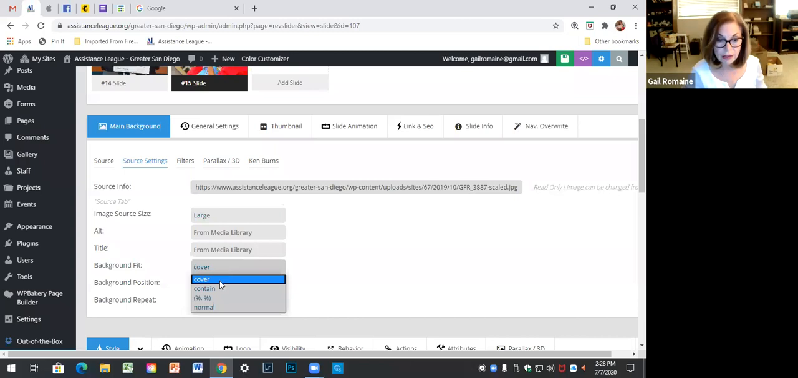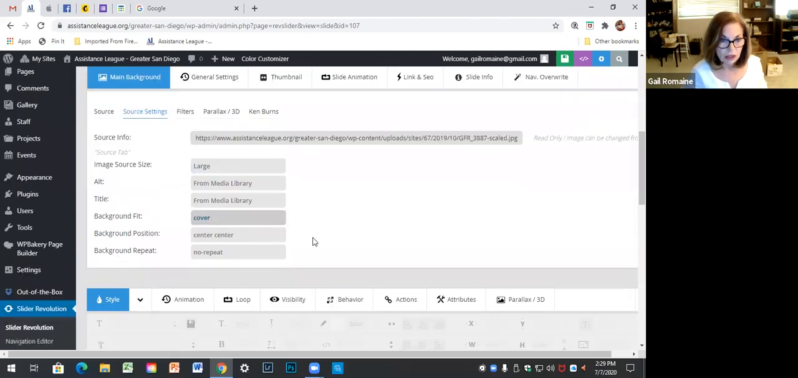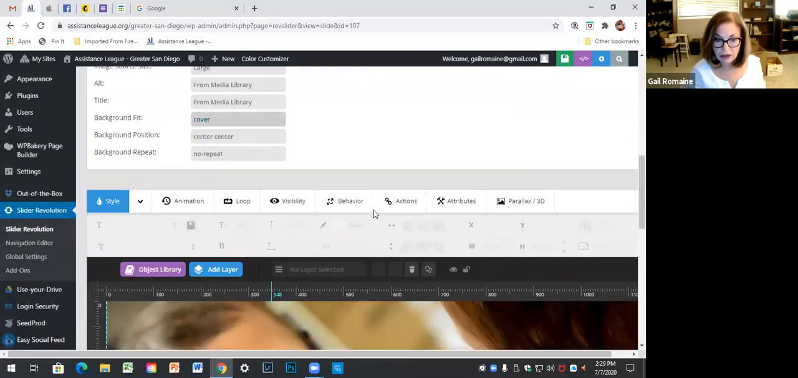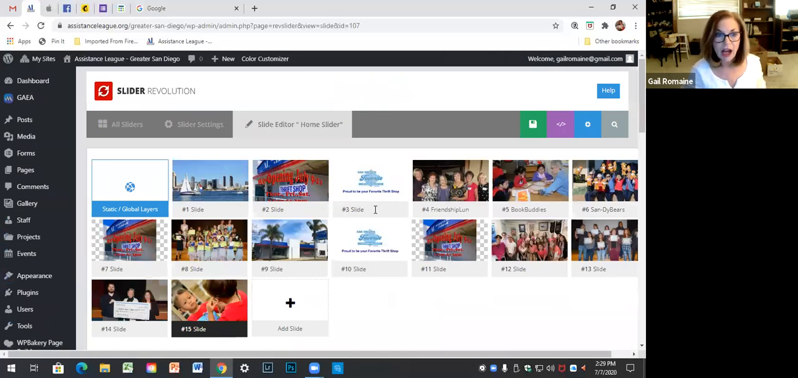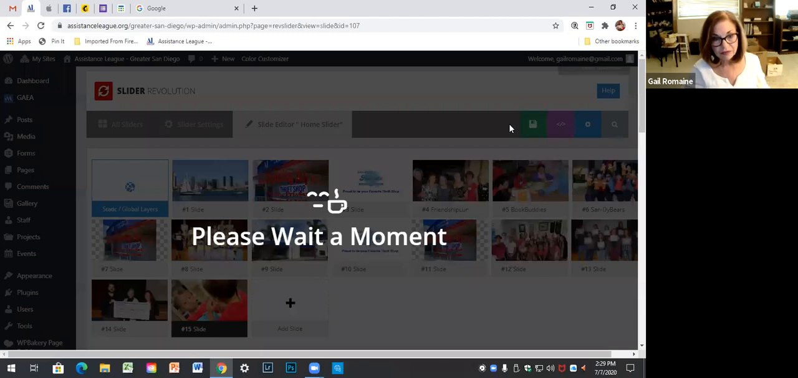Large cover, cover's good, and center seems to work the best most of the time. So I've got those three things verified here, and now I want to save the slide. How do I do that? Scroll all the way back up, and this little green icon looks like an old floppy disk. That comes up and says save slide. I click on that,